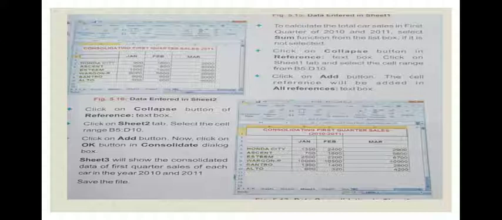Sheet 3 will show the consolidated data of first quarter series of each car in the year 2010 and 2011. After that, save the file. You can see in the picture that car list is given and January, February and March series is given in the picture.